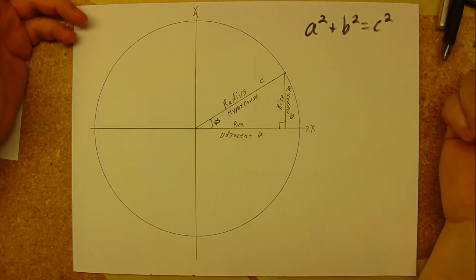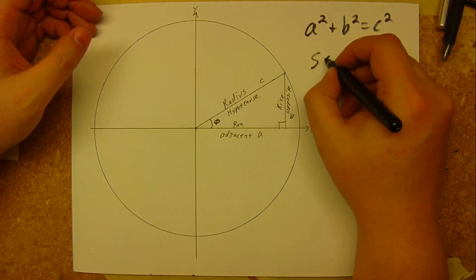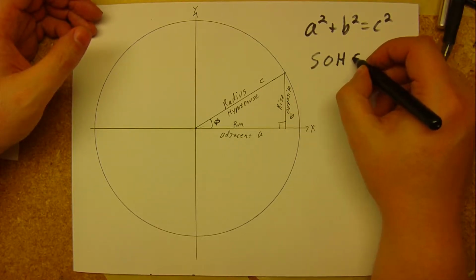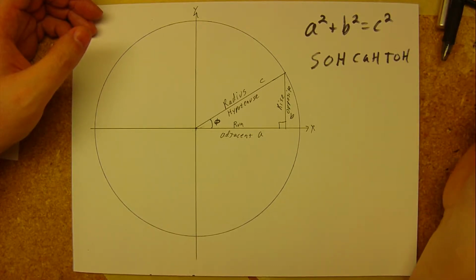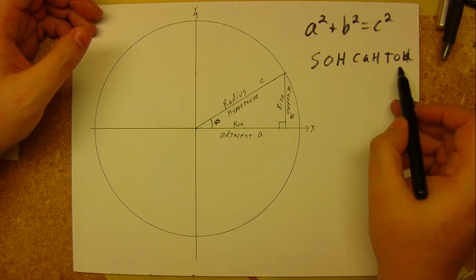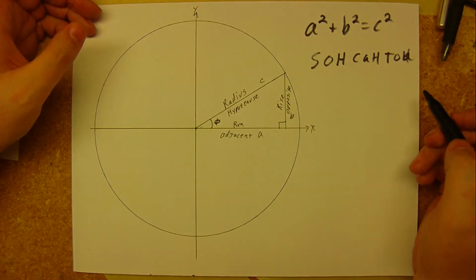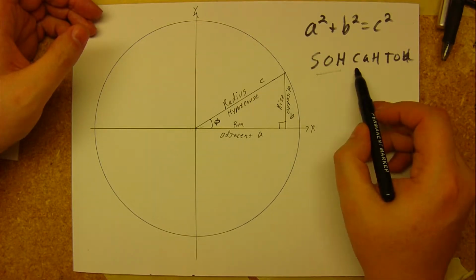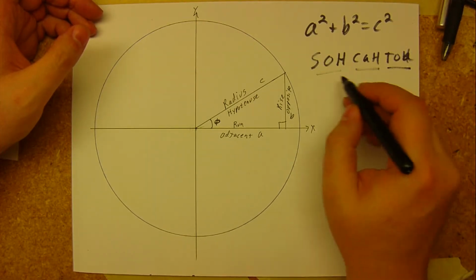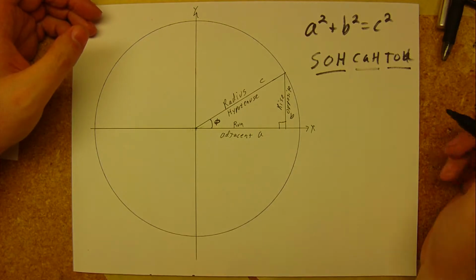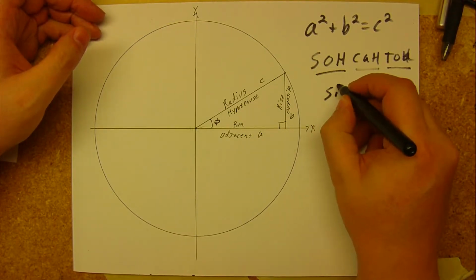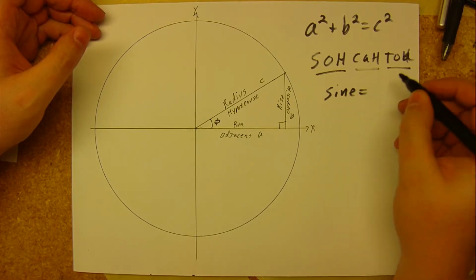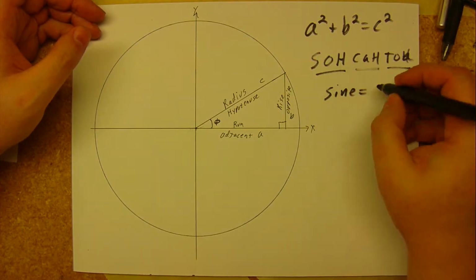And there's a mnemonic to remember these, which is SOH-CAH-TOA. That's not an L, that's an A. So it's SOH, CAH, TOA. So SOH is one word, CAH is another word, and TOA is a third. So that stands for sine is equal to opposite over hypotenuse,